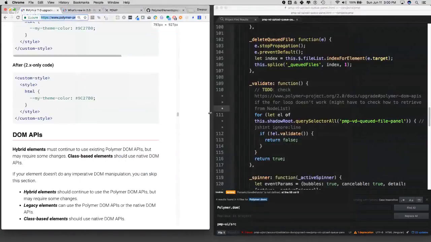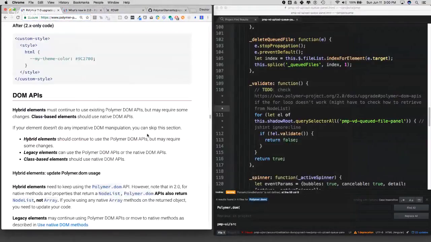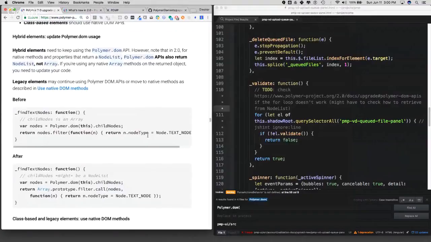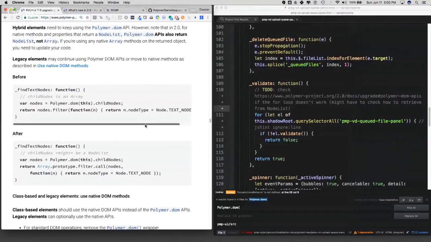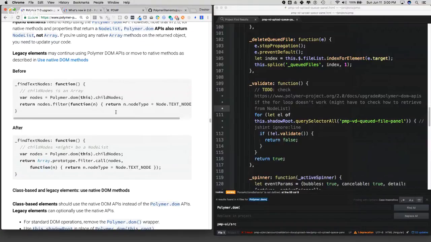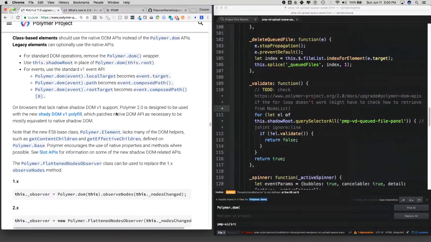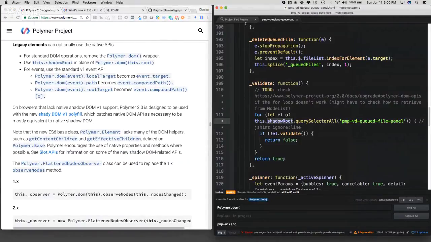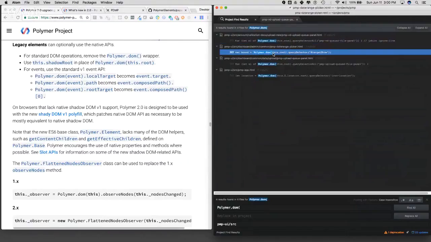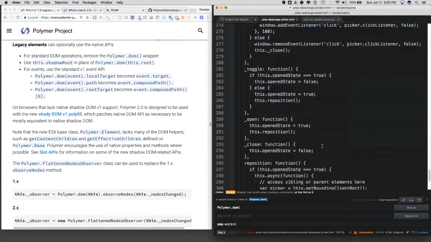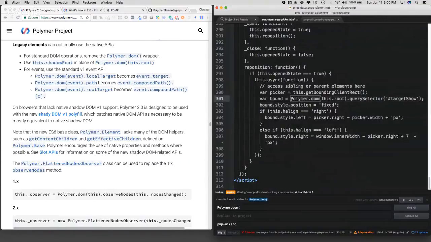We'll see how that goes. Anyway, so I changed this. I changed one occurrence of this. So basically, they're saying instead of doing a call like this, I can just do something like